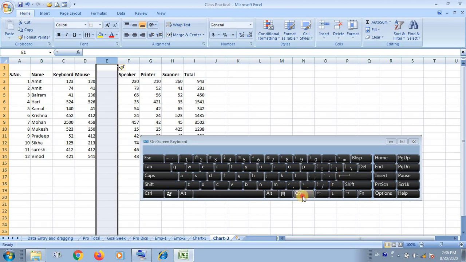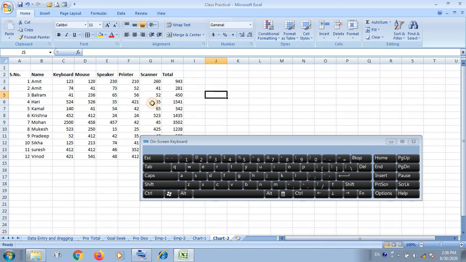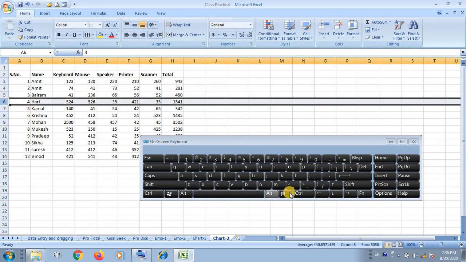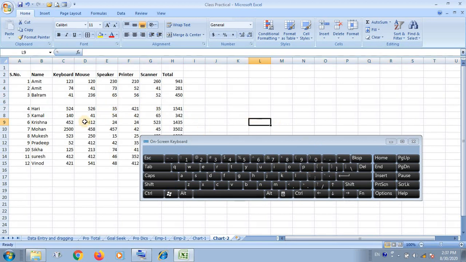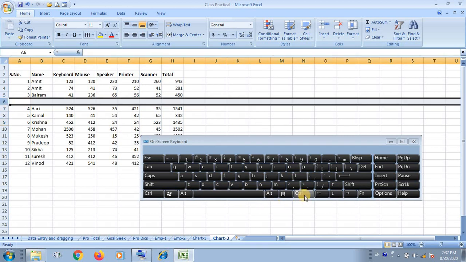And if you want to delete it, you have to press control plus minus. In the same way, if you want to insert a row, then you have to hold control shift and then click on the plus button. It will insert one row. Again, if you want to delete it, you have to hold the control key and press the minus sign together.